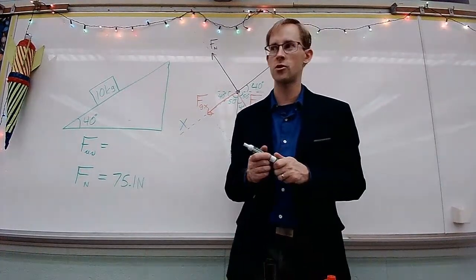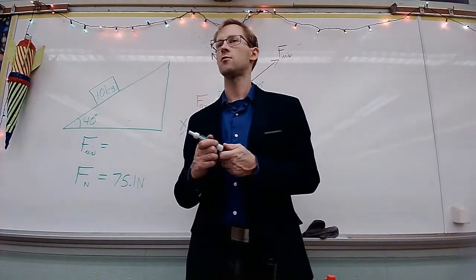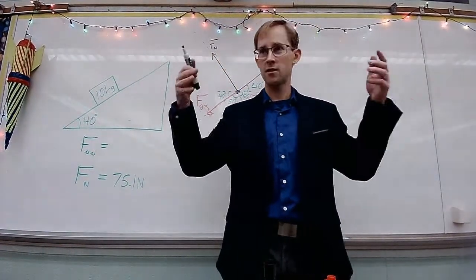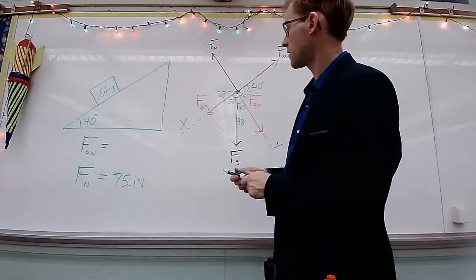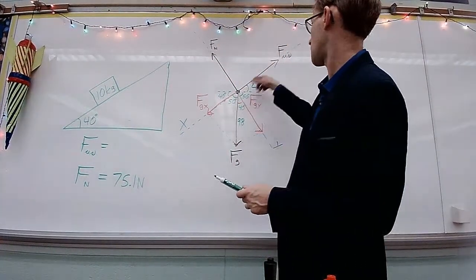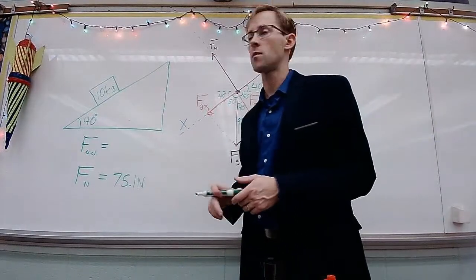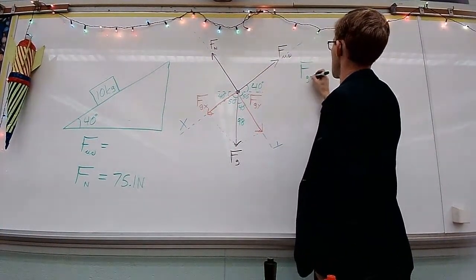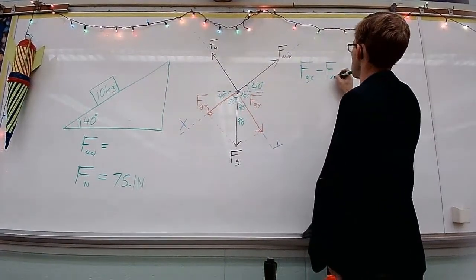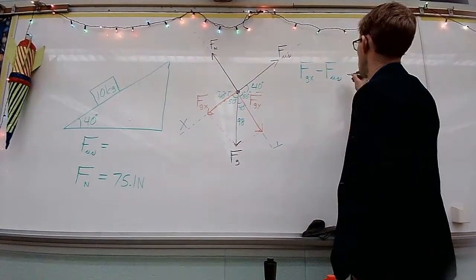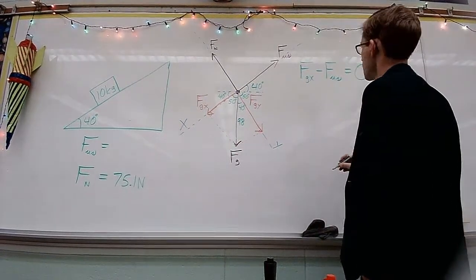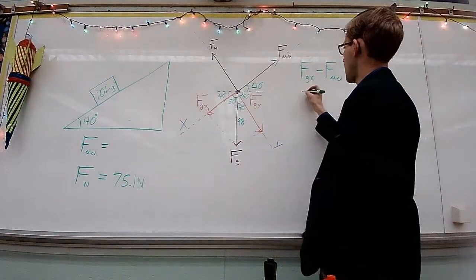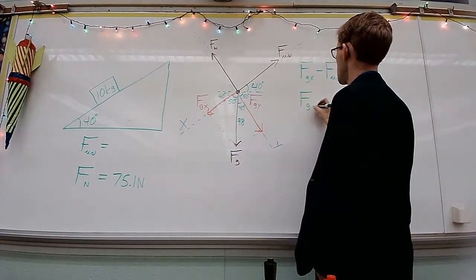Resistance to motion always trumps anything else. So even though gravity is usually negative, gravity is actually positive in this case because friction is opposing that motion. So in my equation then, it's going to be force of gravity in the x direction minus force of static friction equals 0. Therefore, if I want to solve for my force of static friction, I just chuck it onto the other side of the equation,